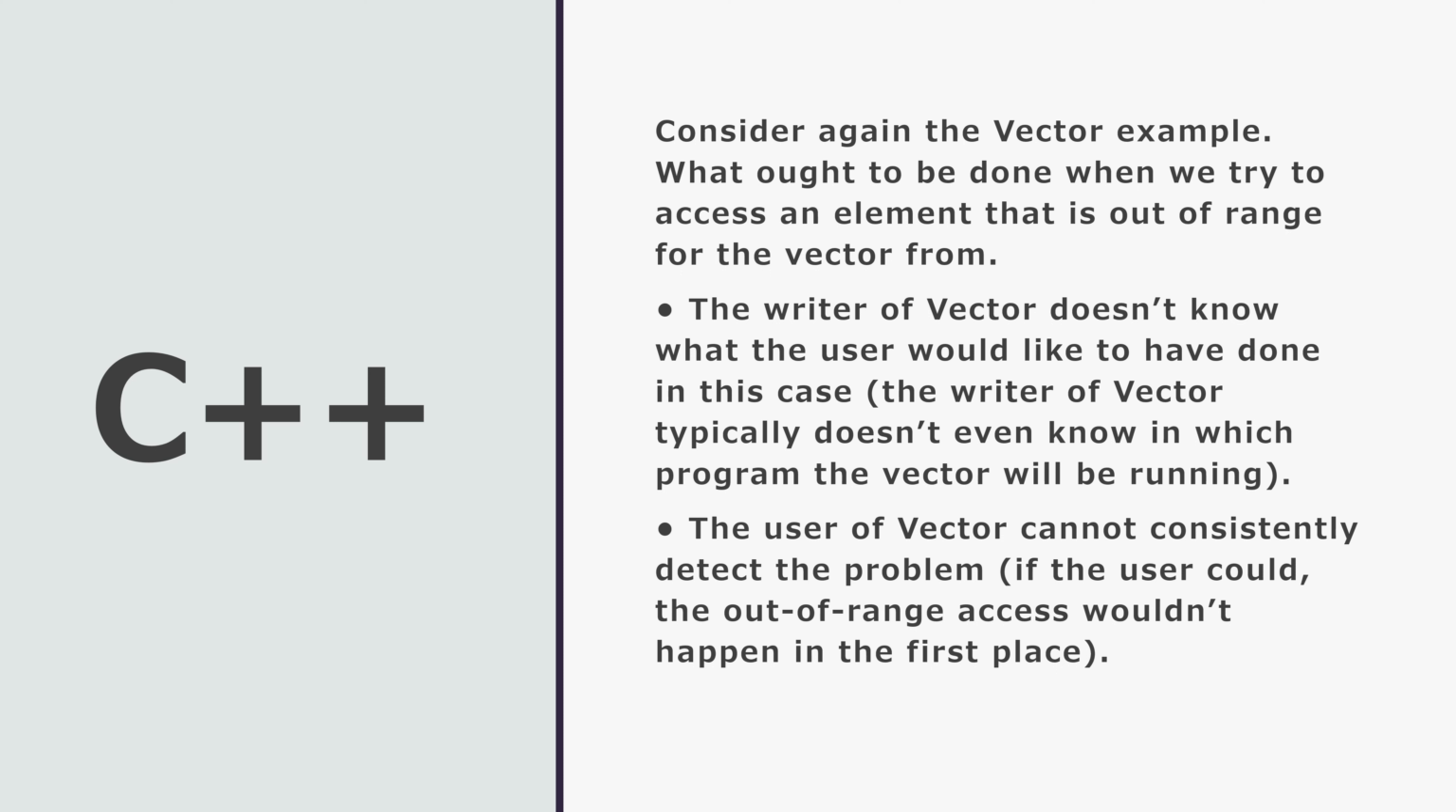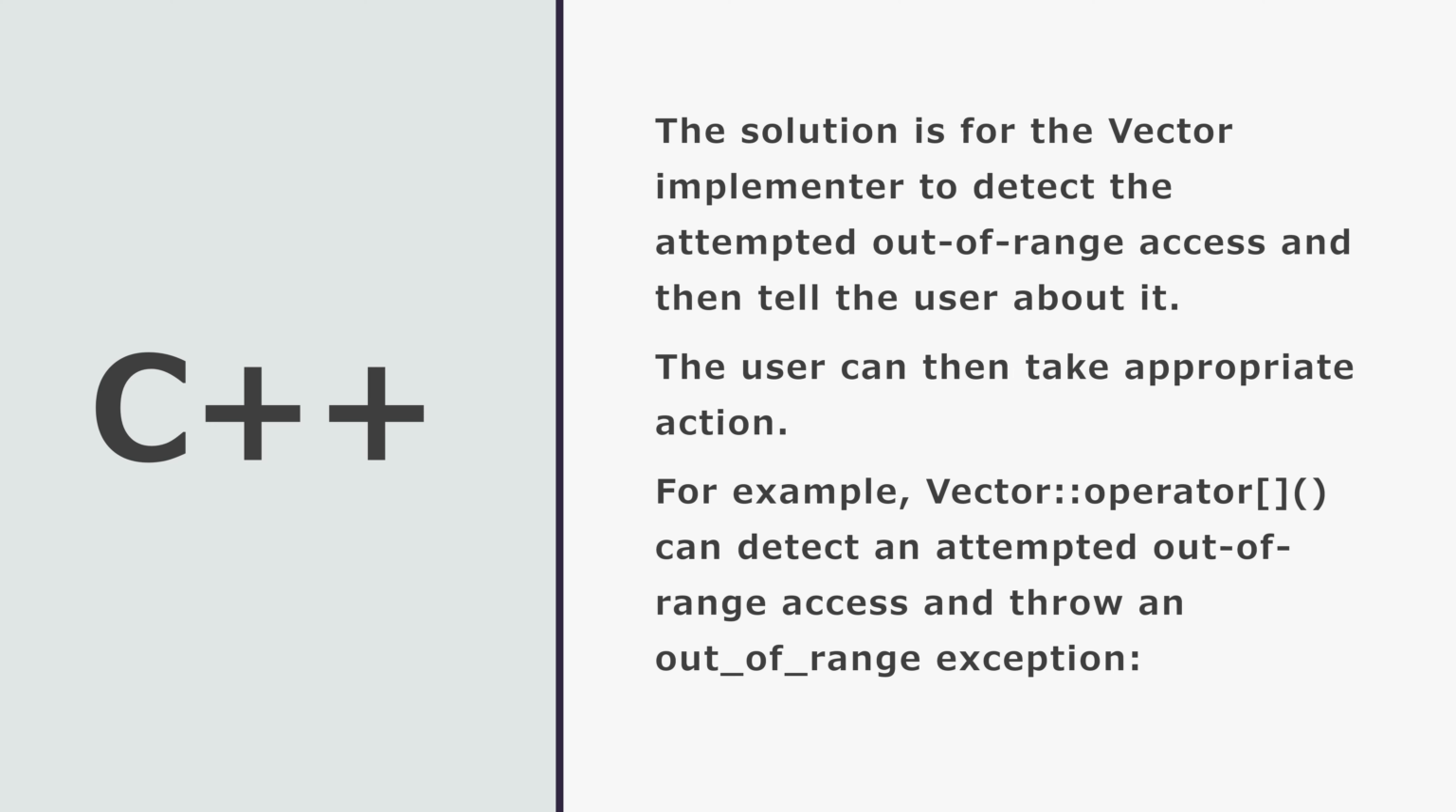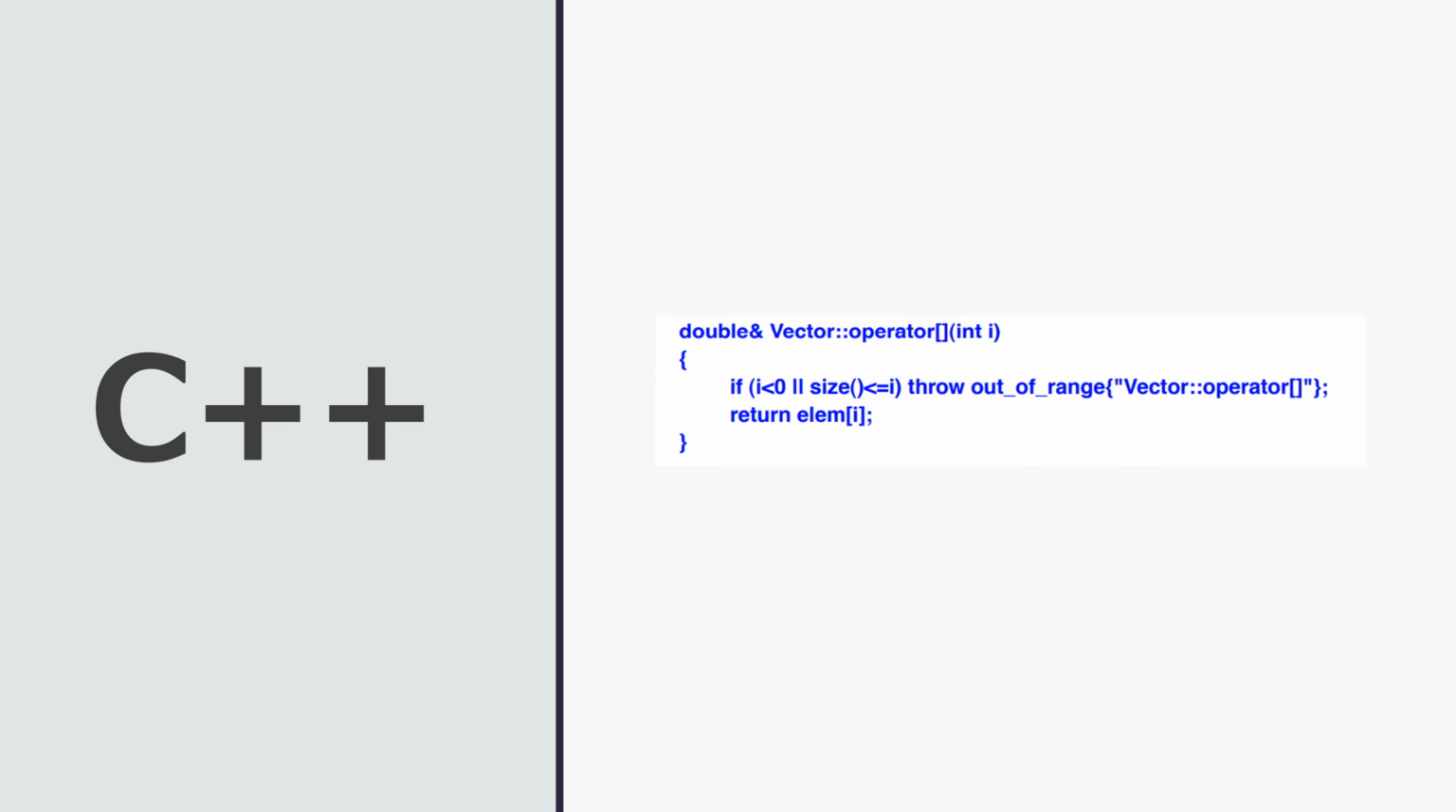The solution is for the vector implementer to detect the attempted out-of-range access and then tell the user about it. The user can then take appropriate action. For example, vector operator[] can detect an attempted out-of-range access and throw an out_of_range exception. double& vector::operator[](int i) { if (i<0 || size()<=i) throw out_of_range("vector::operator[]"); return elem[i]; }